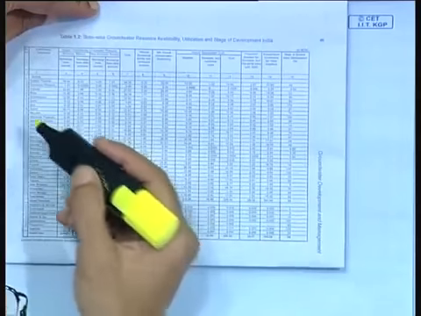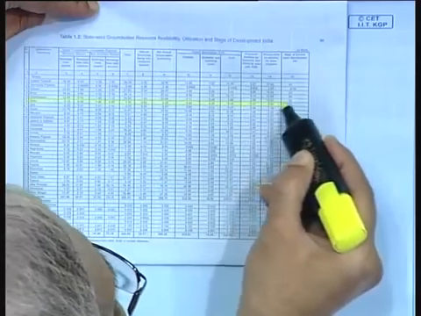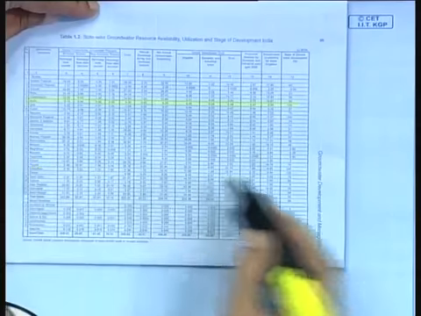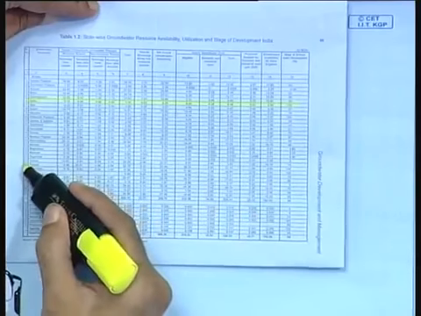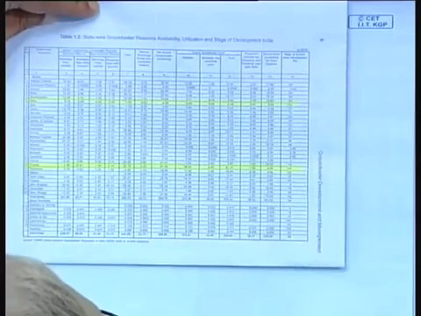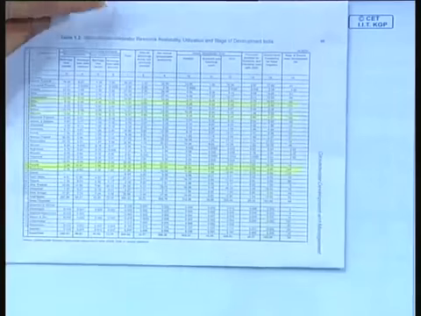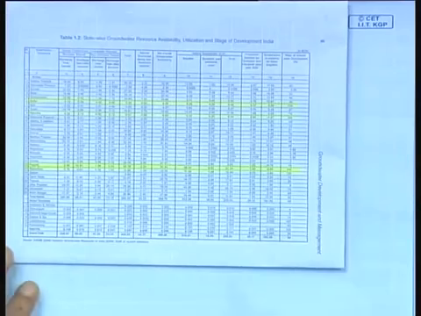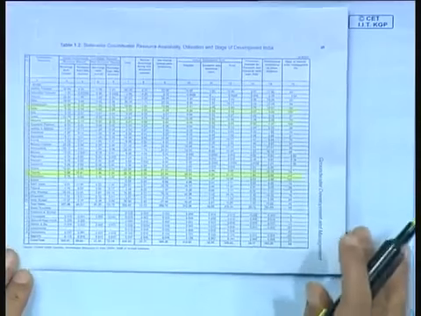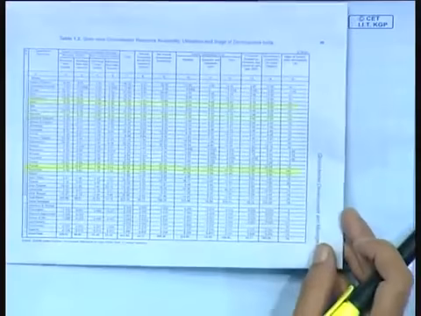As you can see here, let me highlight the ones with more than 100%. Similarly, Punjab and Rajasthan are more than 100%, and even Haryana more than 100%. I am sorry, it is not very visible, because it is too big a table.